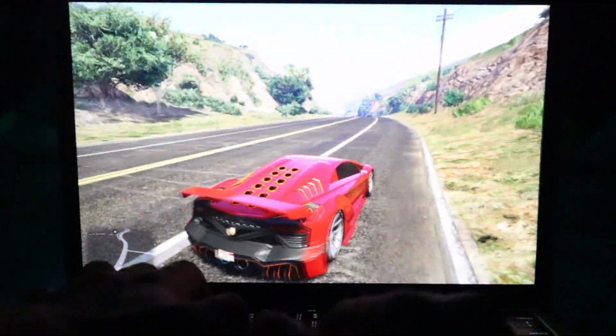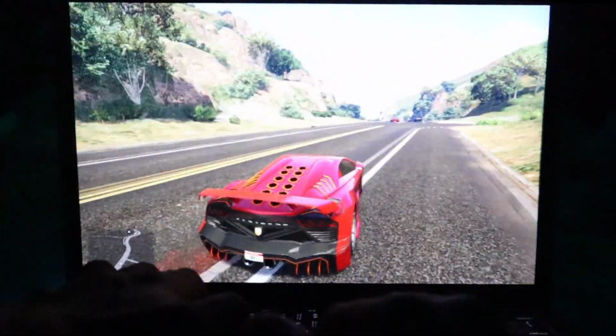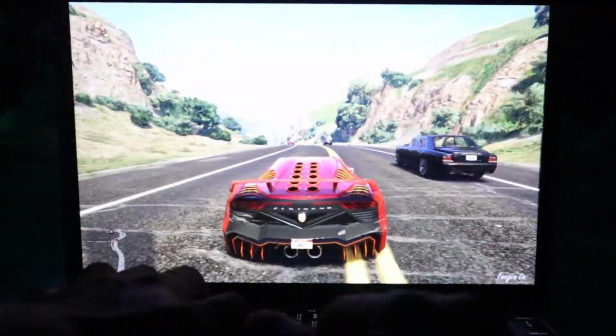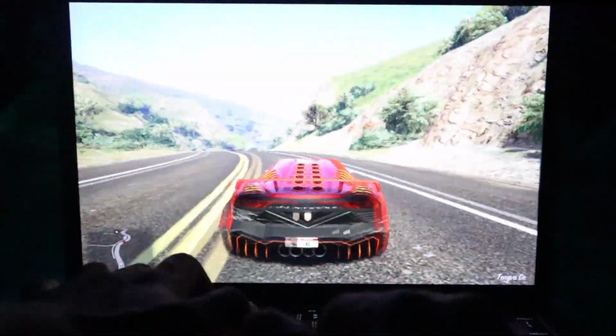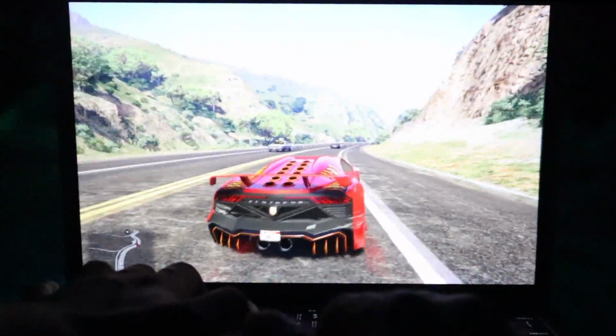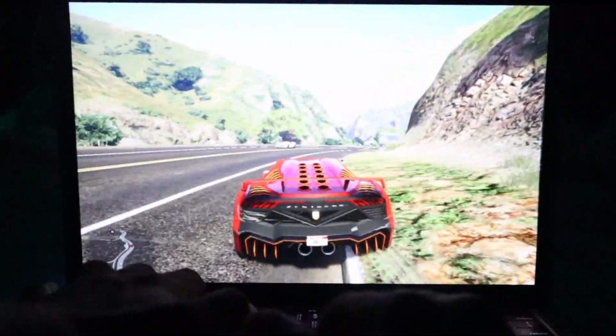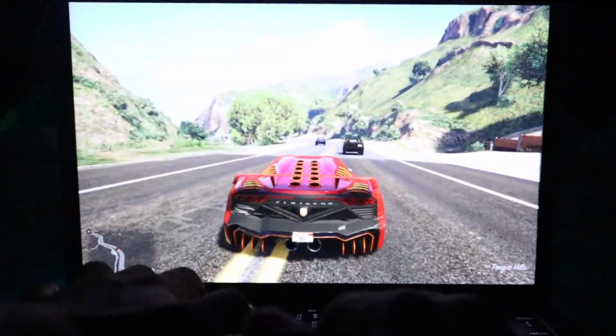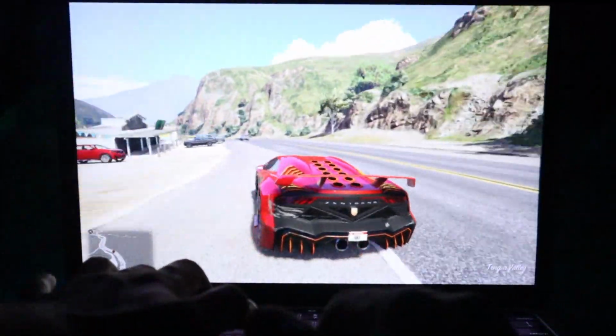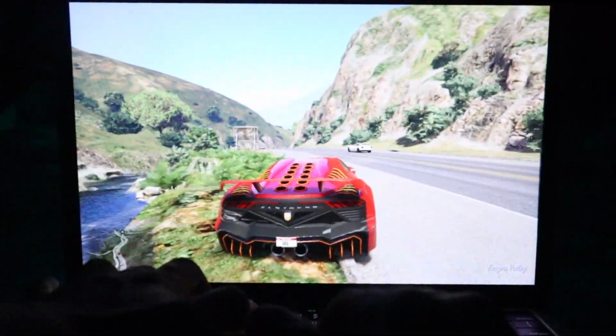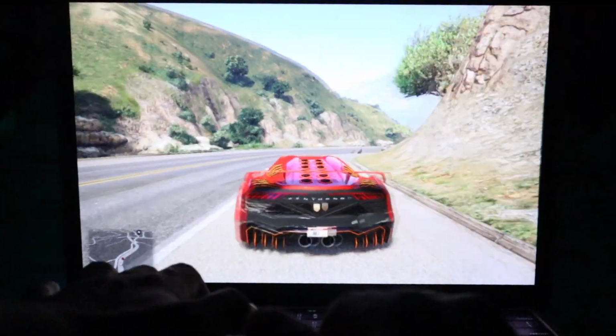So let's start the video and see whether Recovery Master will be able to recover the GTA 5 game after I delete it in front of you permanently. I am also not sure whether this software is able to recover the GTA 5 game, but I am just risking my game on the trust of this name. So let's start this video without wasting any time.